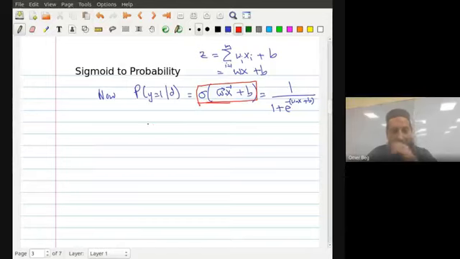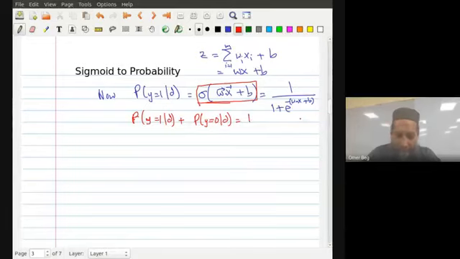Why? Because for this to be a probability, the probability of y being 1 given the document plus the probability of y being 0 given the document should be equal to 1. So both probabilities should sum up to 1. That's simple enough. What we are going to do is define the probability of y